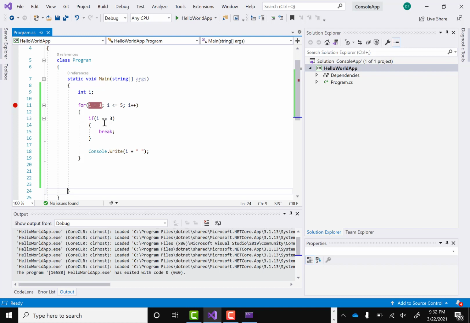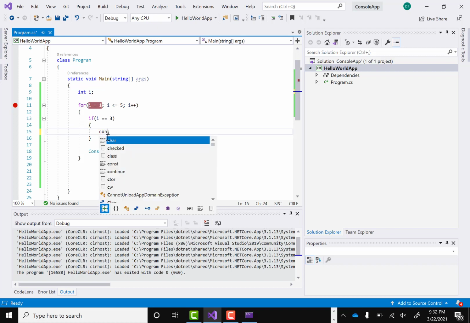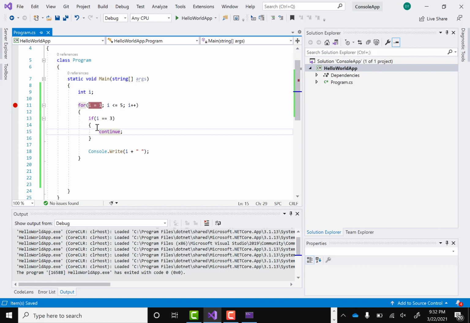The continue statement says that if this condition matches, then continue. It means don't go after this statement, and just go to the next iteration. Let's say if i equals 3, then I say continue. So i equals 1, i is not 3, so it will print. Then i equals 2, again it will print. Then i equals 3. If i equals 3 matches, then it will say continue. Continue to where? To the next iteration. It will not go to the print statement, because it's a continue. It means if you have reached here, continue from here to the next execution. Don't do whatever is happening ahead. That's what continue does.